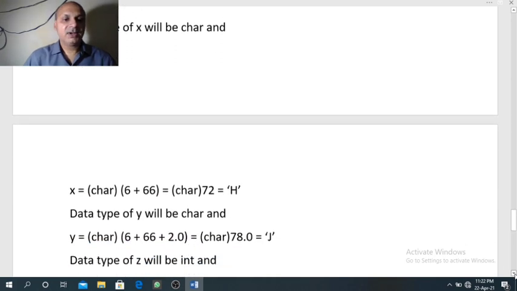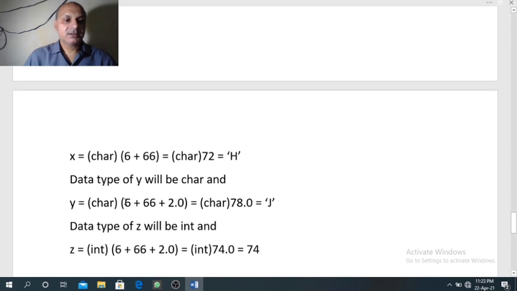So here we have three different data types, and the final result will change to highest type, that is double type. So 66 plus 6, 72, and when 2.0 is added, it will become 74.0. Here it is mentioned 78.0, that is 74 here.